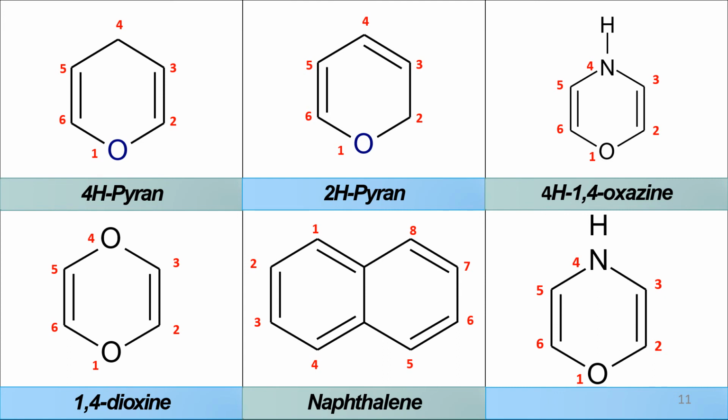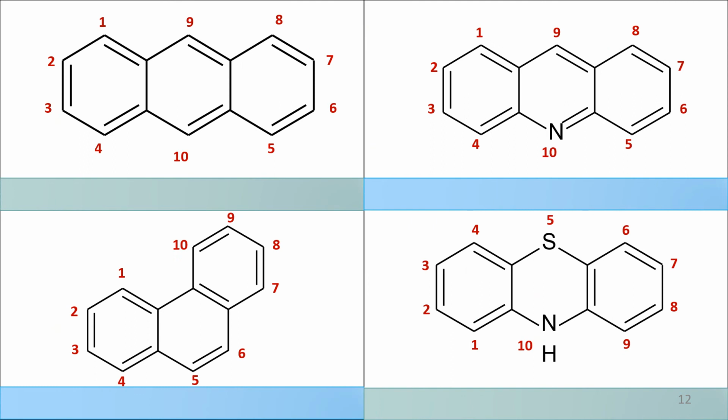Here is naphthalene, containing 2 fused rings. There are 2 benzene rings fused together, then we use naphthalene. Another is morpholine. Next, very important structures. First is anthracene, because 3 six-membered rings are fused together, we call this structure anthracene. And then there is acridine. The acridine molecule is very important for antiseptics and disinfectants.